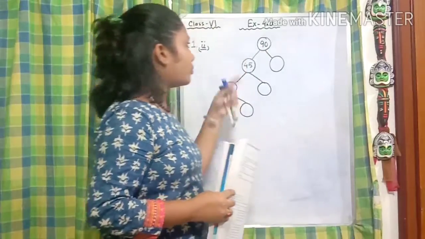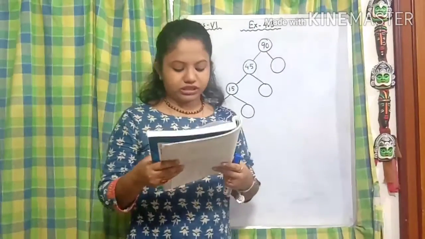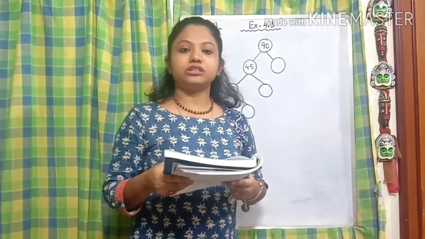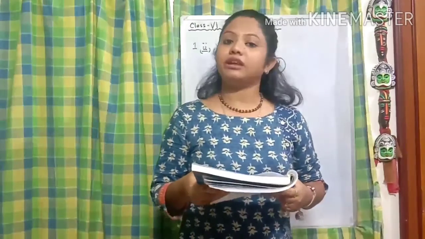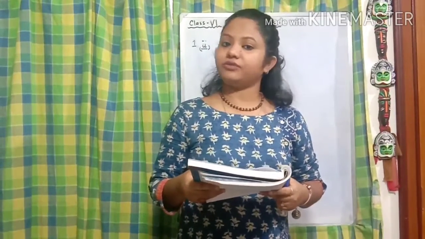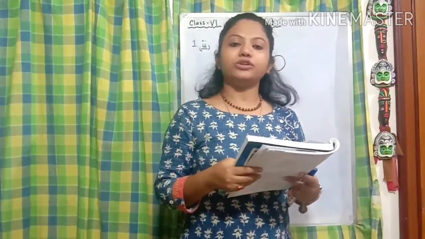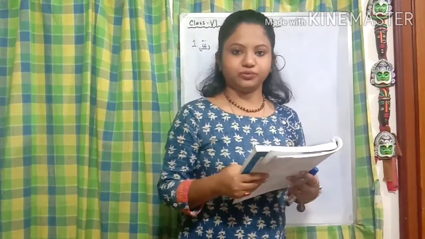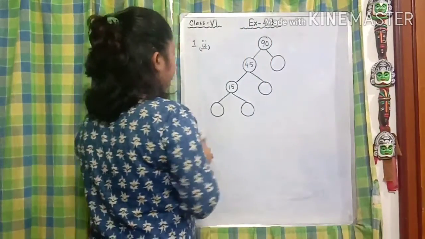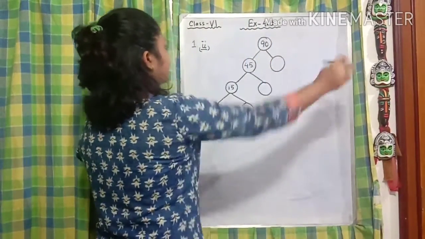So today we are going to start with exercise number 4.3. The sum given for number 1 is a factor tree; you have to find it for the number 90. I'm going to solve the second one for you. You have to complete the first one, and you are going to follow the method I am going to show you. So let's get started with number 2 of sum number 1.